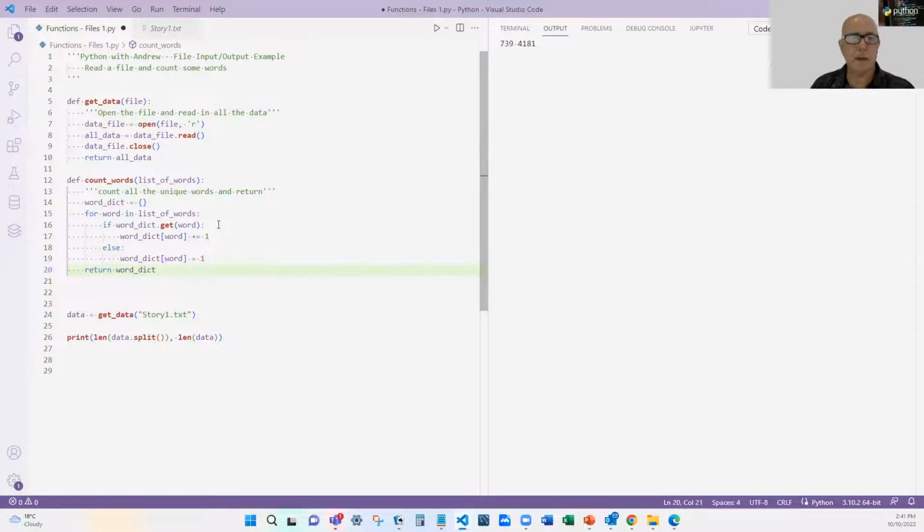Okay. So that's a nice, simple function that counts words and returns a dictionary with all those counts. And I could probably use that a number of times in many, many programs. Okay, so now what I'm going to do is I'm going to get the data, and this time I'm then going to